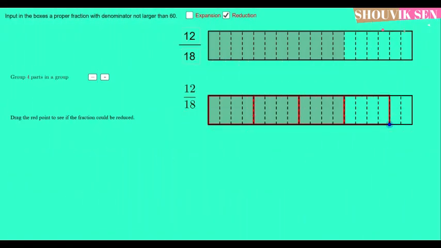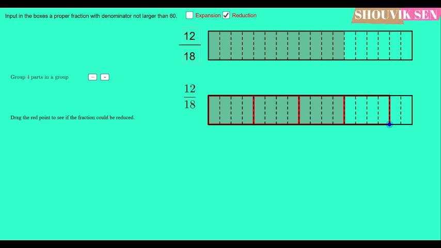In this case what you see is we are making a group of 4 parts, right, and out of 4 parts we still have 2 parts left that is not covered, and this kind of situation happens when we are dividing it, say the entire thing is 18 parts, so we are dividing 18 parts by 4. So in that case it becomes a mixed fraction. This is an example of mixed fraction, and we shall study about that in broad sense later on.